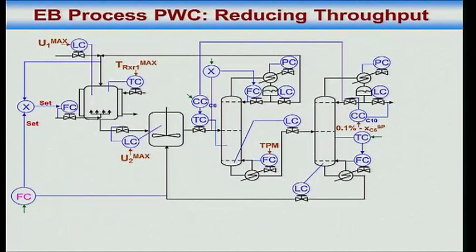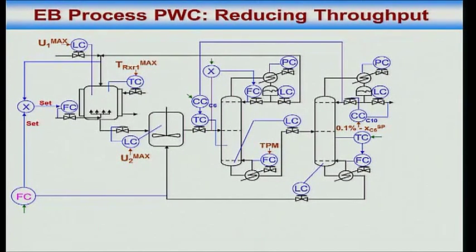Sir, how exactly do we decide which are the active constraints and the optimizer? This is, see, I told you this and that are the active constraints, right? It came from the optimizer. Which one will become active first? That comes from the optimizer. So you do your optimization for various throughputs.